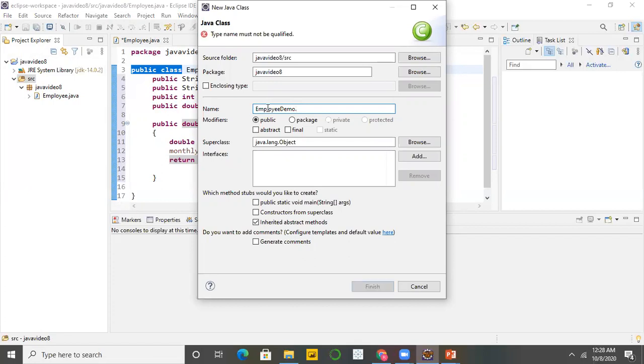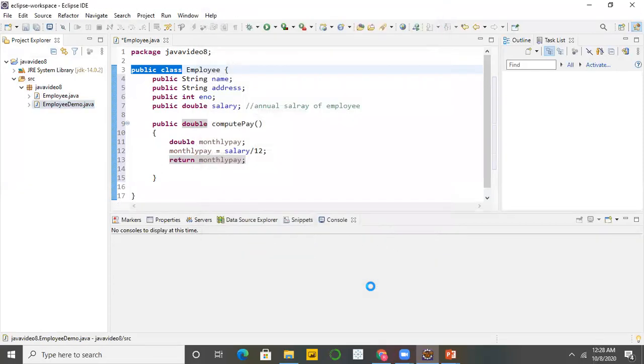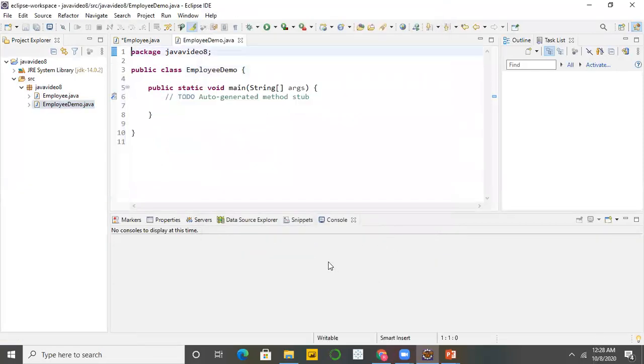See here how I am giving the name EmployeeDemo.java. The first letter of every word is capital, and it is again public, and now it contains the main method. Just finish. So one more file gets added in the same package. Again, it is public class EmployeeDemo. Eclipse adds some auto generated comment. Delete it, I don't want that comment.